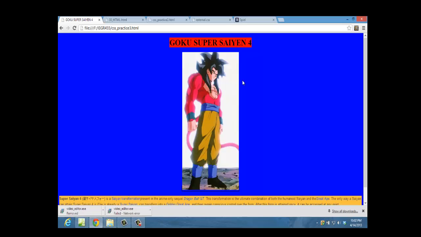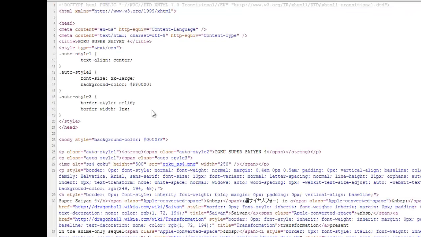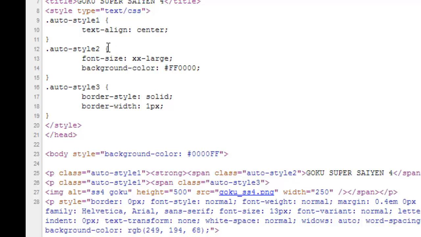With this practice, I basically wanted to use Microsoft Expression Web to just see how they directly deal with CSS styles without me physically putting it in there, just to get an example of how it works visually, without actually doing it yourself as well. And we take a look at the source page. They have auto style 1, auto style 2, auto style 3, which manipulates the alignment of the text, the size and color of the background of the text,